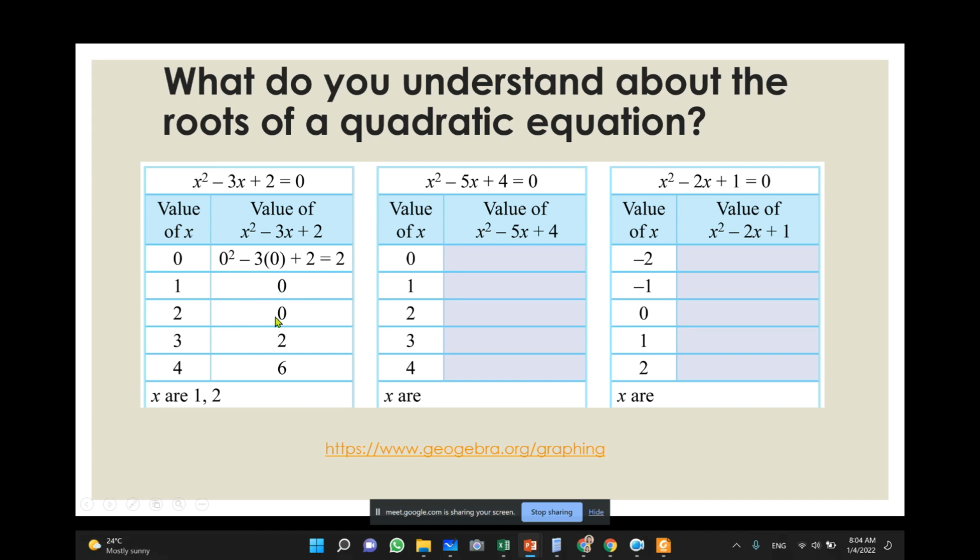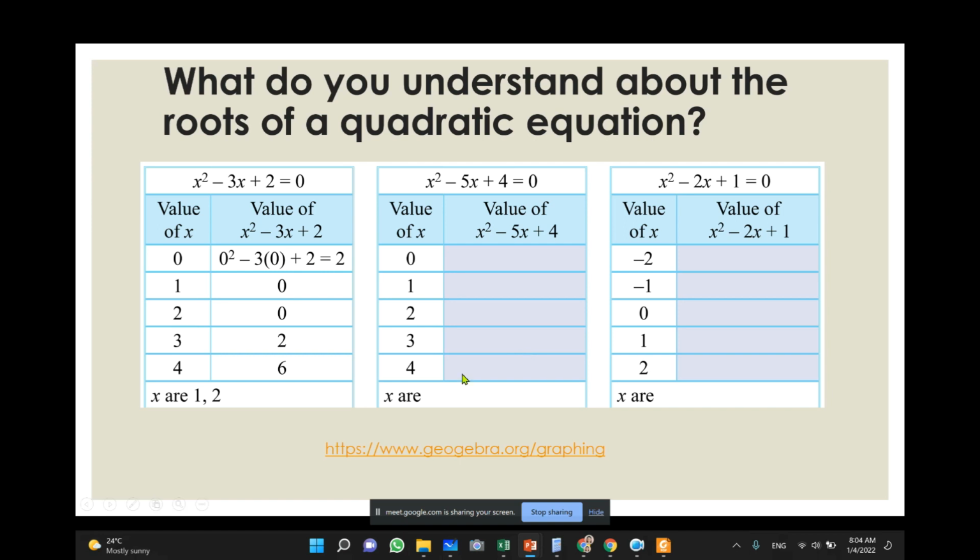You list down one by one, and the value of x are 1 and 2. This is the find out. The value of x are 1 and 2. It refers to the number that becomes 0, so it is 1 and 2. So I want you to do this right now. I'll give you about